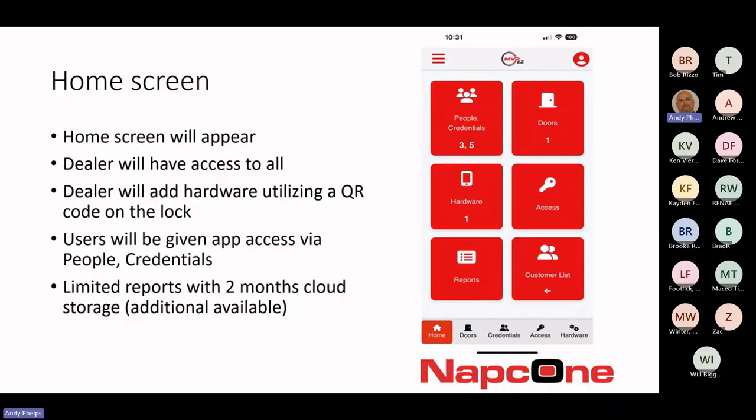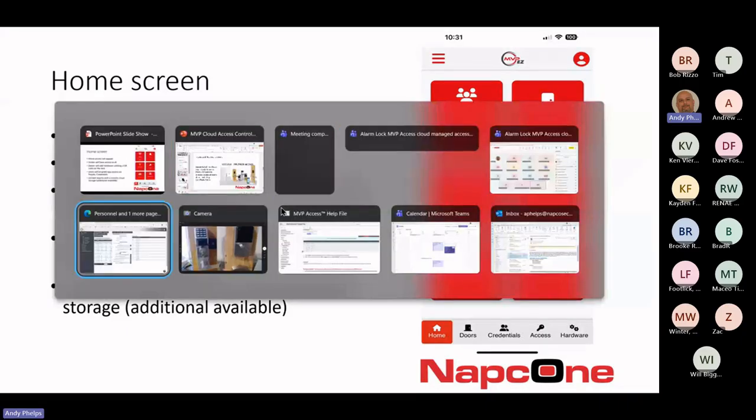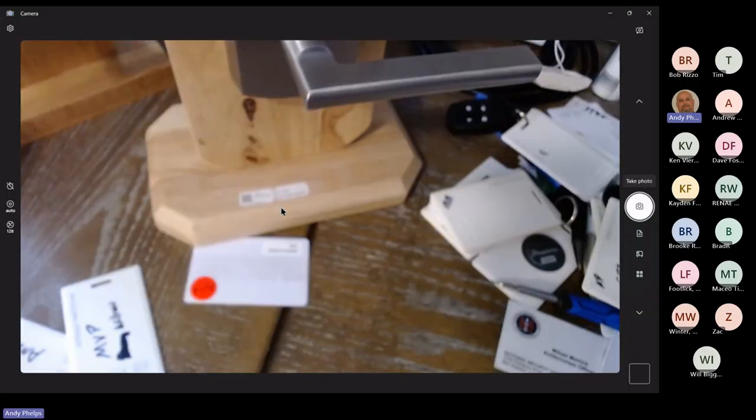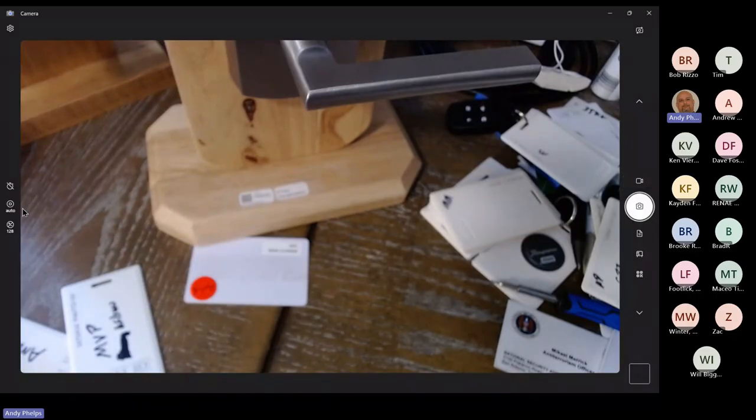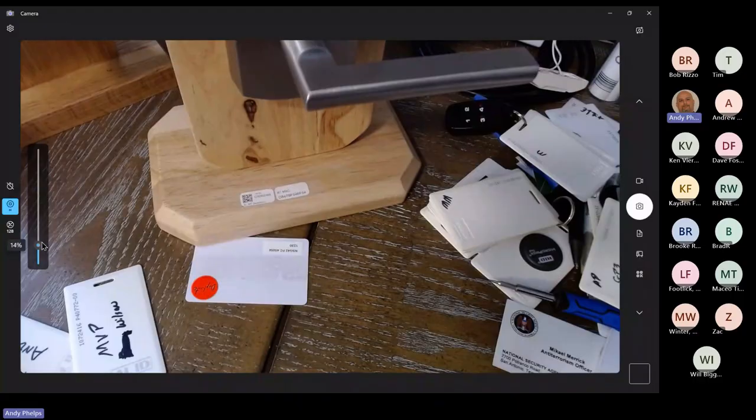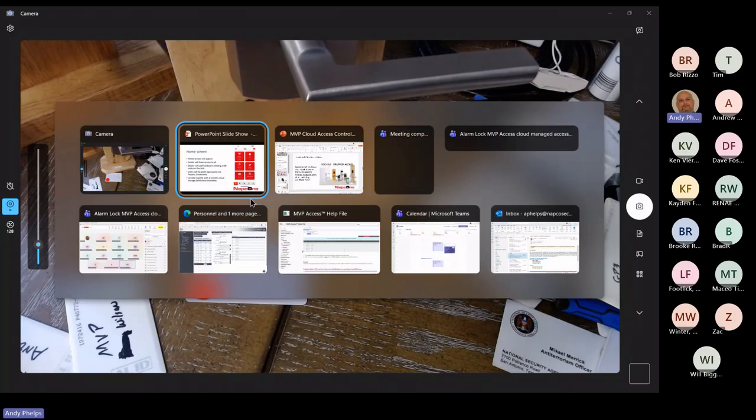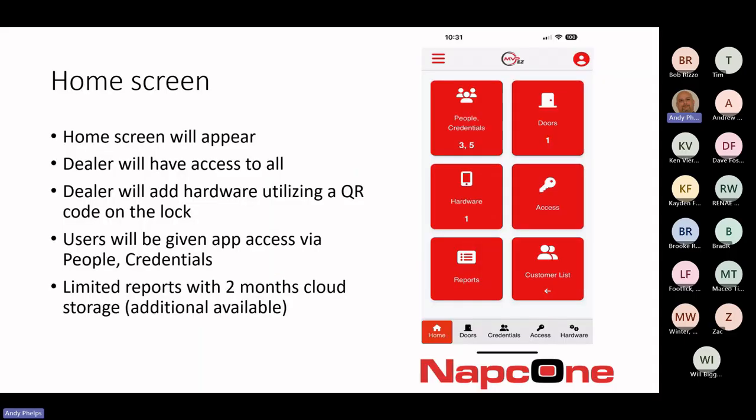and register the unit or the device. So let's see if I can get it to focus here. A little bit better. So it will come with a sticker, on the card, on that yellow card that will have a QR code on it. So with that QR code, when I go to hardware,